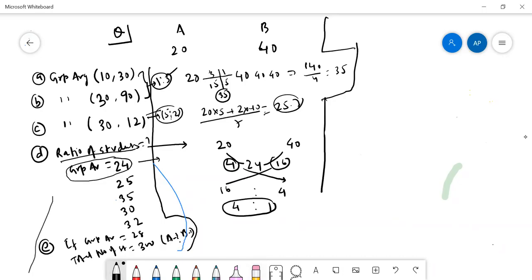25 वाला चेक करते हैं। तो हमने क्या देखा कि ए का एक स्टूडेंट अगर है तो उसके पास 20 है और ग्रुप एवरेज इज 25। बी का अगर एक स्टूडेंट है तो उसके पास 40 है और ग्रुप एवरेज इज 25। तो ए को हमें 5 देना है एवरेज तक पहुंचाने के लिए, और बी हमें 15 देगा। ए को हमें 5 देना है, मतलब ए 5 कम है और बी 15 ज्यादा है। तो हम फिर से इसको एडजस्ट करने की कोशिश करेंगे कि कितने कितने स्टूडेंट्स लें हम ए और बी के, कि जिससे जो कम या ज्यादा है वो एडजस्ट हो जाए।